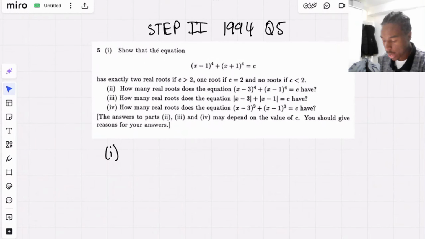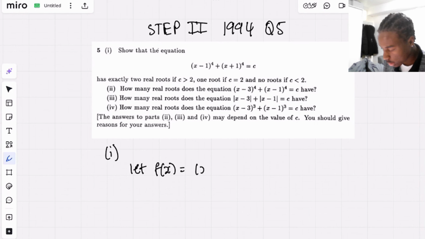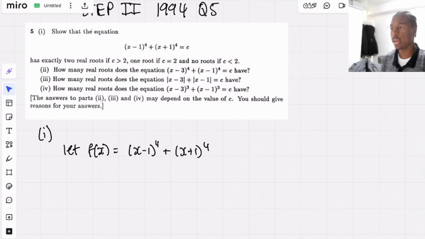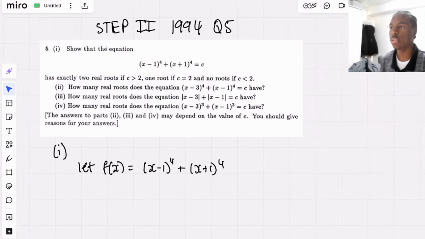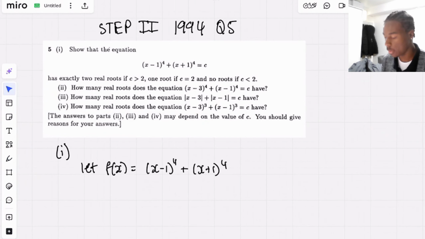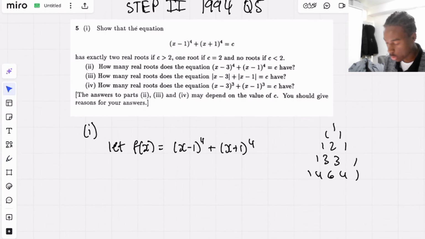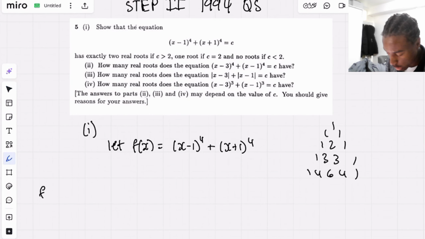Okay, so part I, I'm going to let f of x equal x minus 1 to the 4 plus x plus 1 to the 4. Right, now we can use our binomial expansion, our Pascal's triangle, to expand this out. So we're going to have our coefficients to be that. So f of x